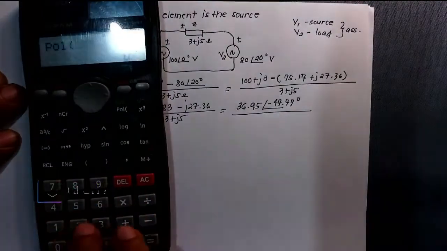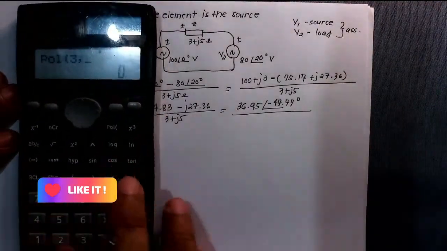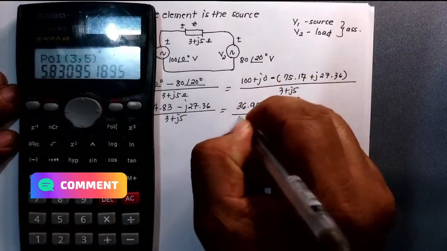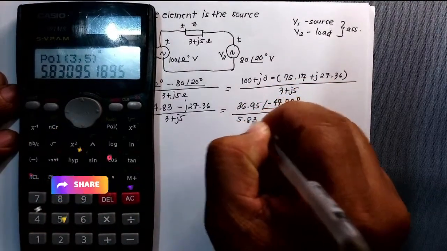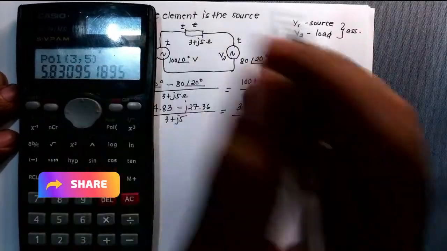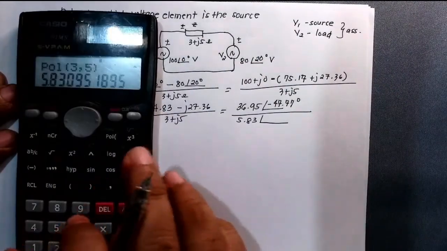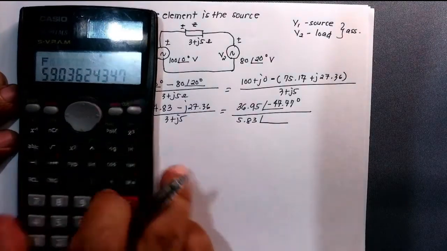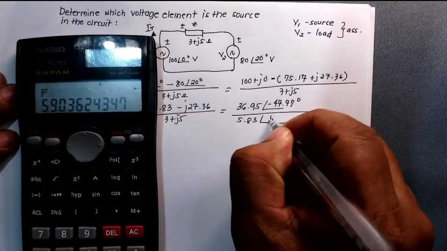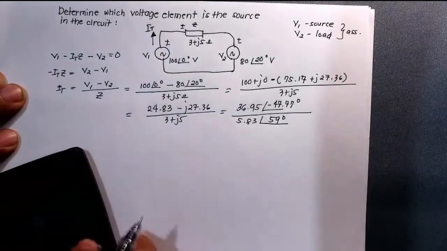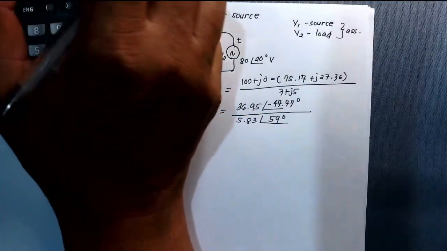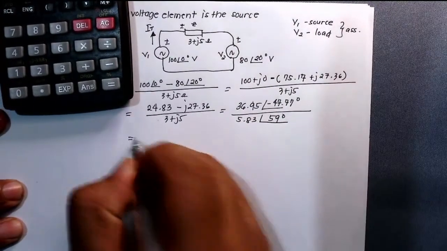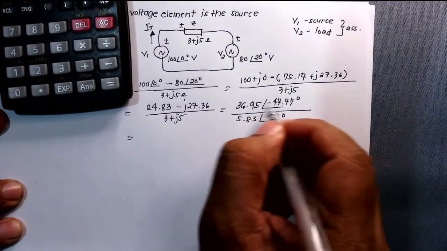The polar form of 3 plus j5 is 5.83 cis of 59 degrees. And I can now divide the outside number of my polar form, which is